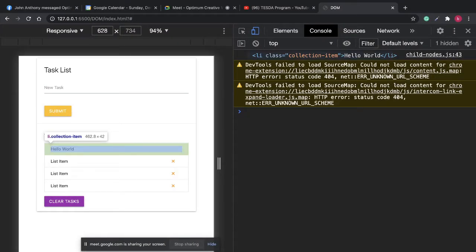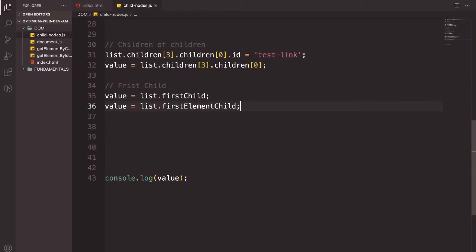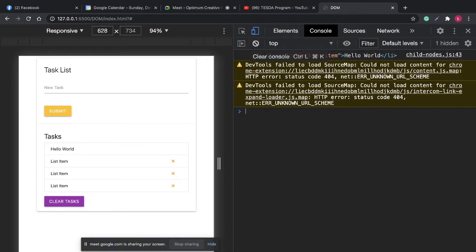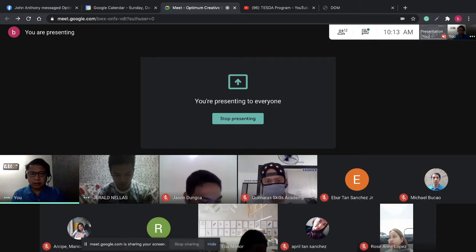Ang ibibigay naman sa atin is yung pinakauna. So, meron kayong options, no? If you wanted to get the children or first element child. Sabihin niya, sir, kailangan ko ba talagang maintindihan yan? Tsaka i-discuss mo yan. Yes, kasi kapag